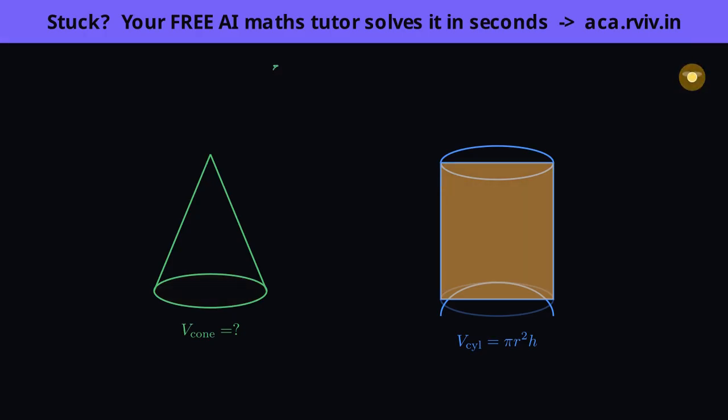And that is the whole beautiful idea, seen with our own eyes. A cone of the same base and the same height holds exactly 1/3 of what the cylinder holds, never a half. So if the cylinder's volume is pi r squared h, the cone must be 1/3 of that. That is where the 1/3 in the cone formula comes from. It is not an arbitrary number someone invented. It is the 3 pours we just watched. The cone's volume is 1/3 pi r squared h. Remember the pouring and you will never lose that 1/3 again.